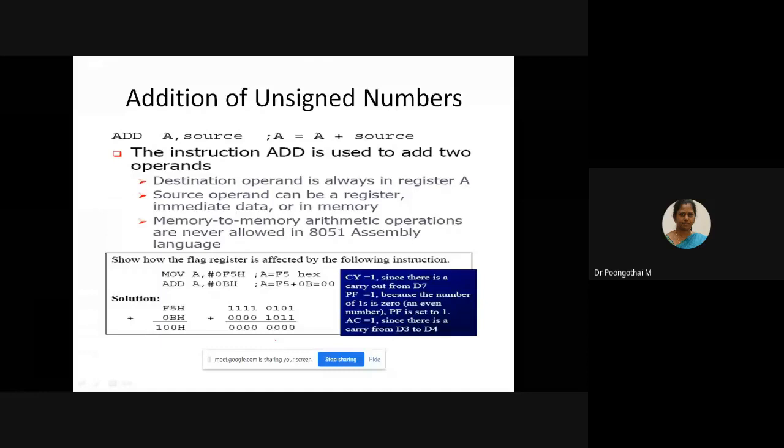Adding F5 and 0B, after the addition you will get this value. Based on this, your carry flag is set to 1. Your parity is 0, not 1. Odd parity means your parity flag is set to 1. So the parity flag is 0, and the auxiliary carry is 1 because there is a carry from D3 to D4.